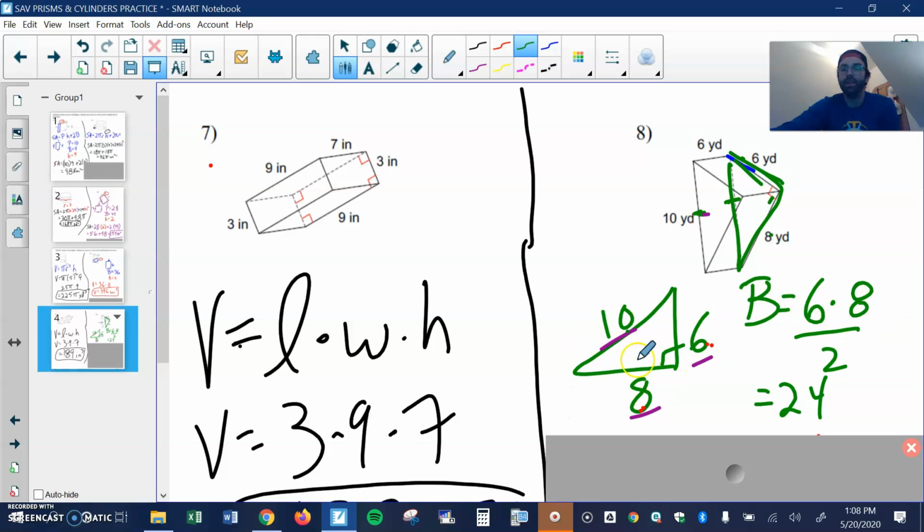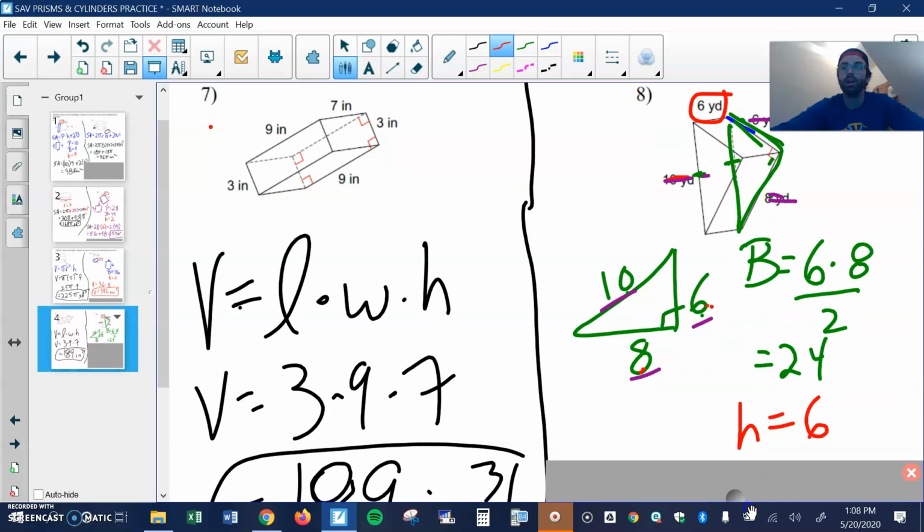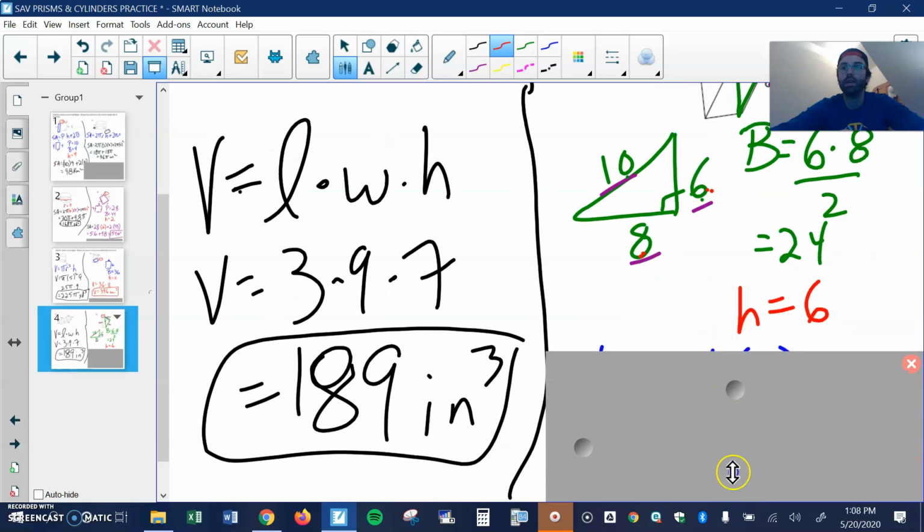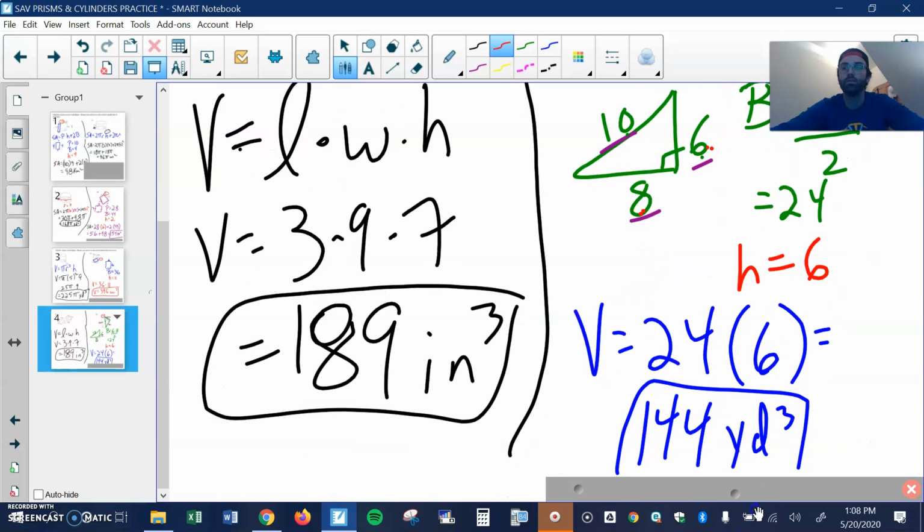To find the area of this base, remember it's base times height divided by 2. The base and your height make a right angle, so 8 times 6 divided by 2 to get 24. Now, if you look here, I used that 10. I didn't use it directly, but it was a side of my base. So technically I used it, without using it. I used this 8 here. I used the 6, but I have not used this 6. That 6 becomes our height. Now that we have the area of our base, which is 24, do 24 times 6 to get 144